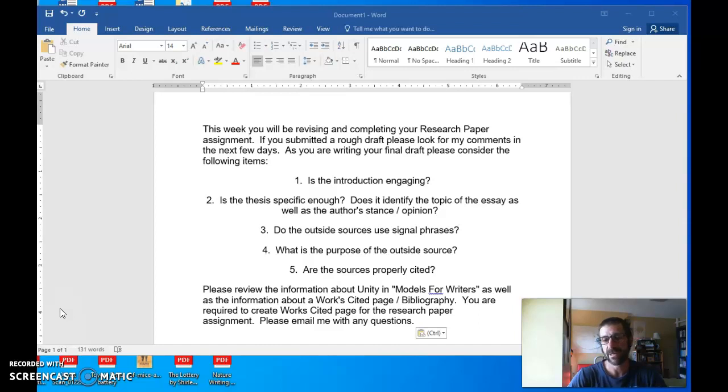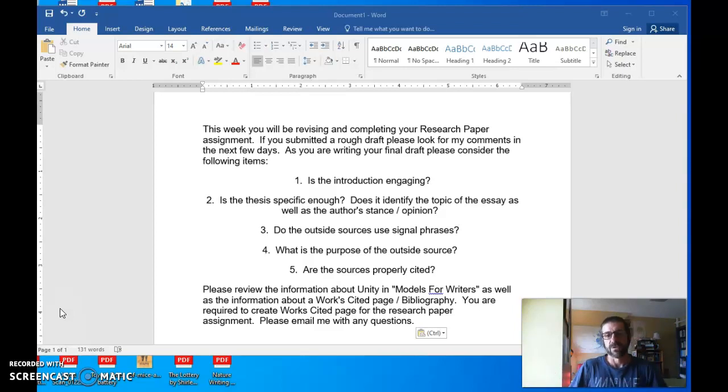That's one I don't see often, but I think it's a great use of a source, to bring in a quote that you actually disagree with and you want to argue against that. Finally, you want to make sure your sources are properly cited, that you're using the correct author, the correct source publication, and finally that you're using a verb that points the reader towards what we should be doing with